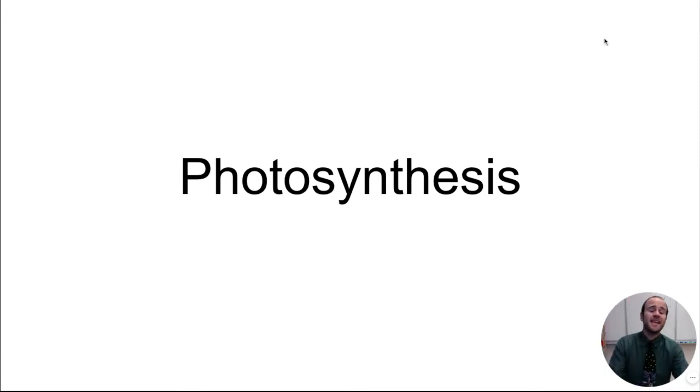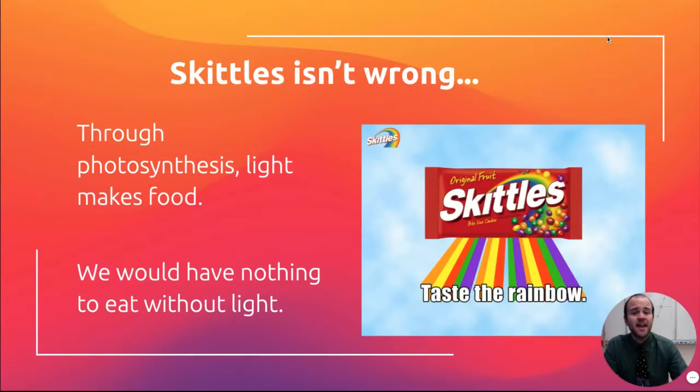So one of my favorite candies is Skittles, and they're not wrong when they say, taste the rainbow, because through the process of photosynthesis, plants are able to harness light to make food. And as we learned in ecology, producers are the bottom of our food web that support all the other trophic levels. We would have nothing to eat at all without light or refracted light rainbows helping to make food